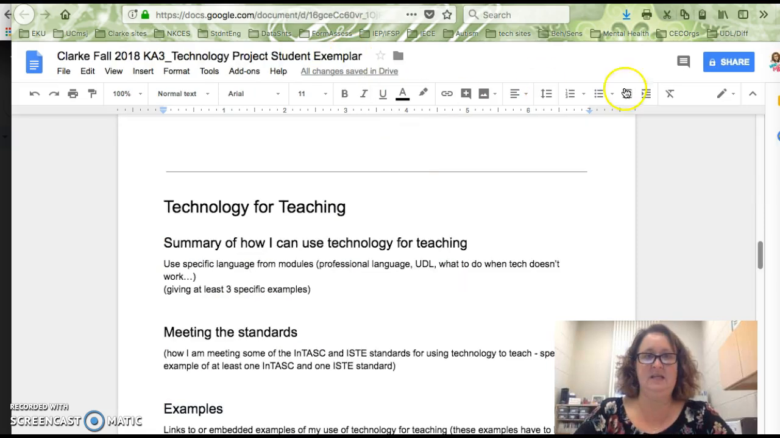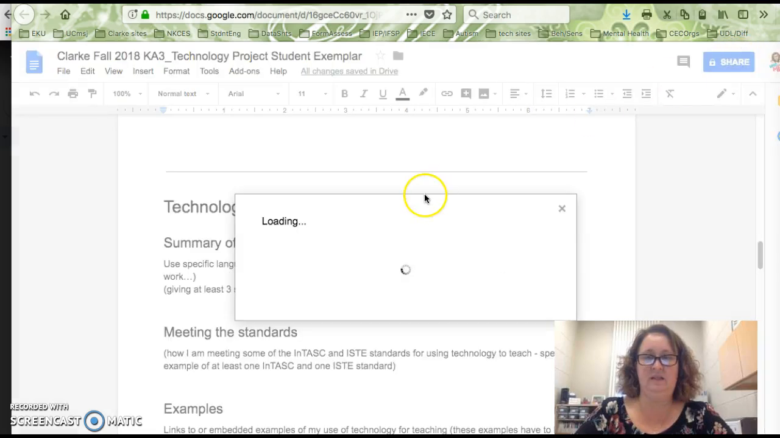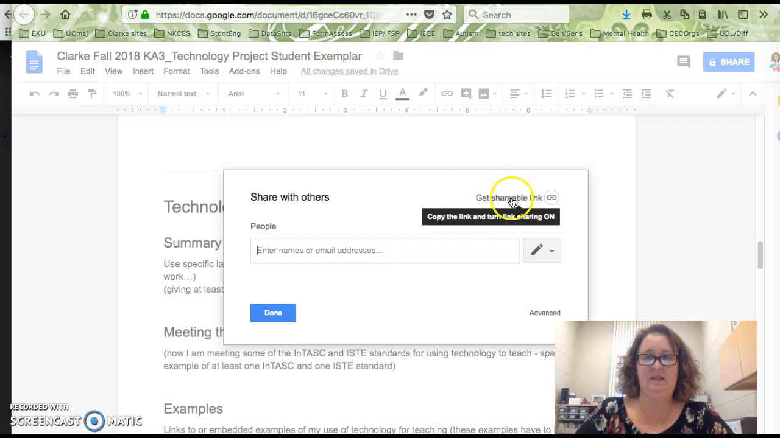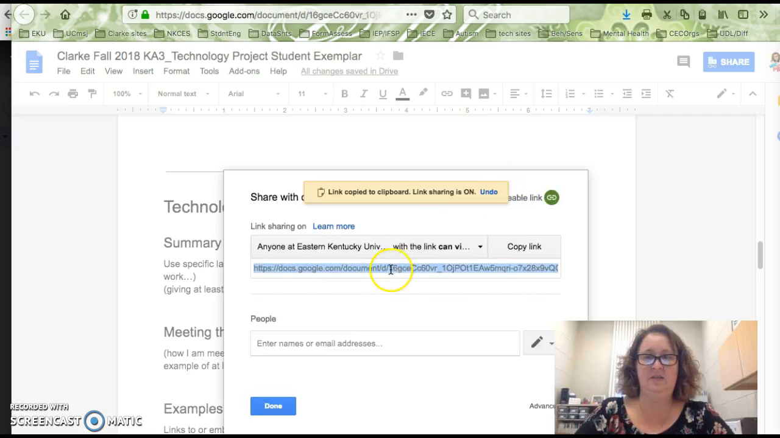created, and you're going to get a shareable link, clicking on the share button. And then after I click on the share button, I'm going to say get a shareable link. I'm going to